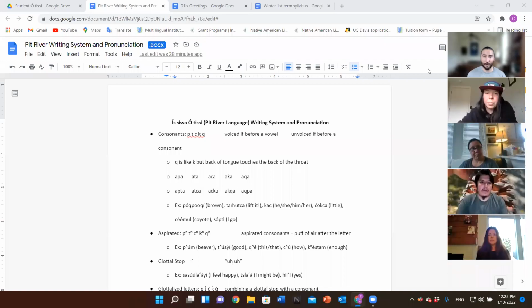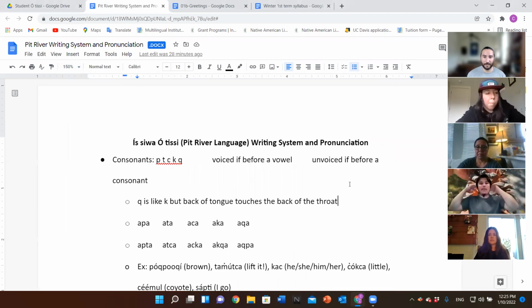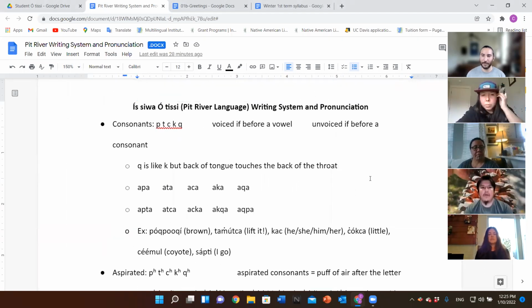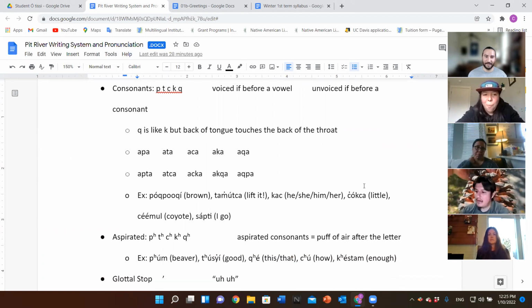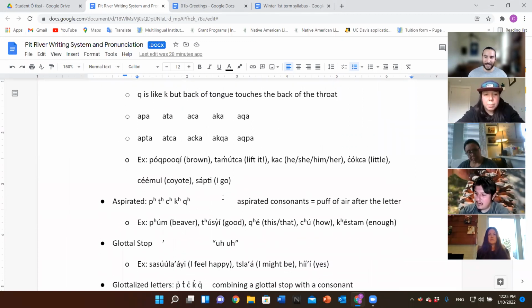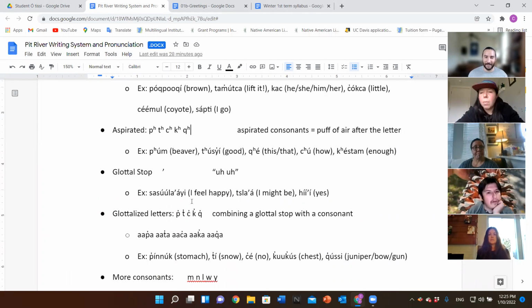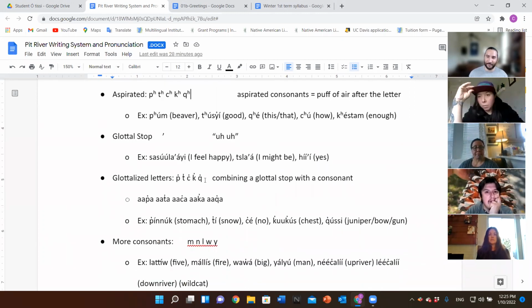We're gonna go over the alphabet a little bit. This is gonna take a few classes to get through. A lot of people are kind of resistant to learning this alphabet at first because there's some symbols that we don't usually see with English writing. So it can be intimidating at first, but